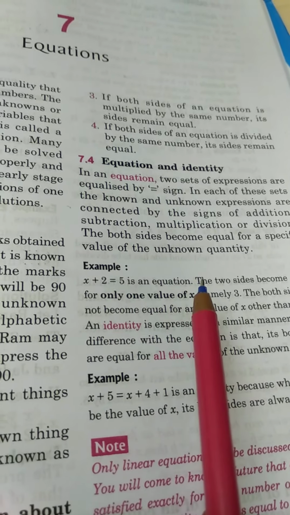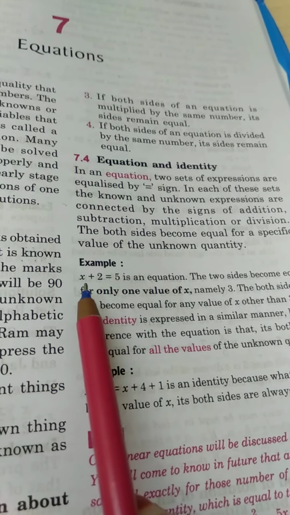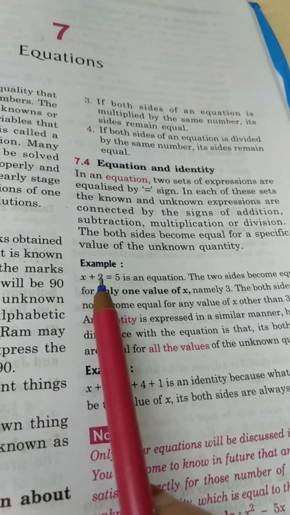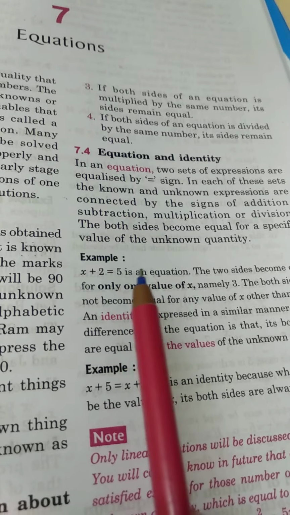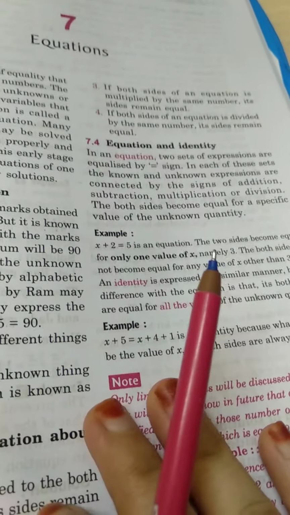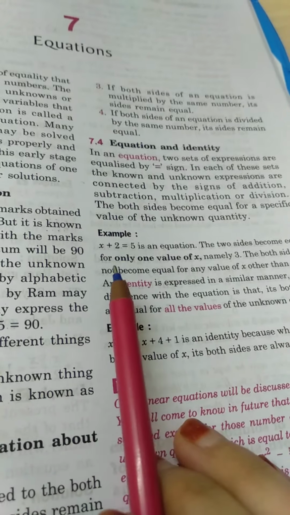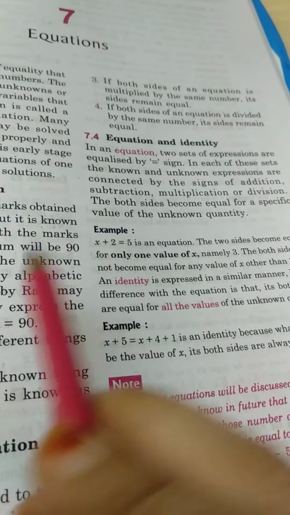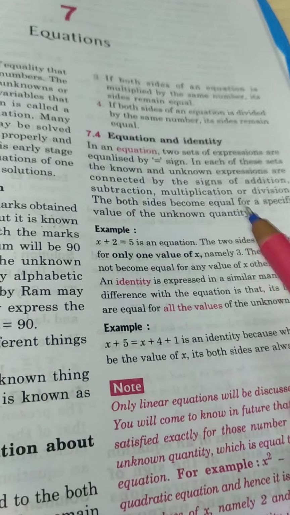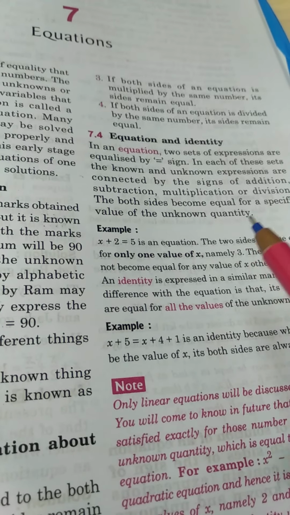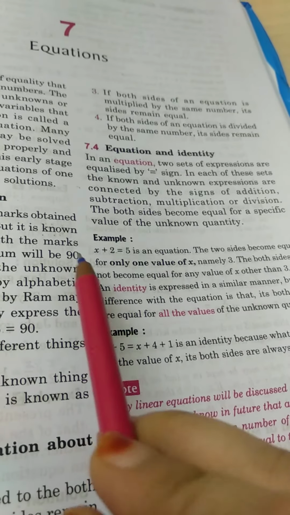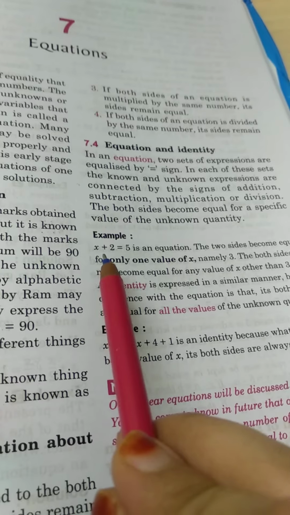This is an equation. Now what is x here? X is the variable in the sum. Plus is given, so this is an addition sum, okay? So let's begin with this sum: x plus 2 equals 5. Now x plus 2 is on the left hand side and 5 is on the right hand side. So we need to see both of these if we have to take out the value of x. Now let's start this chapter.